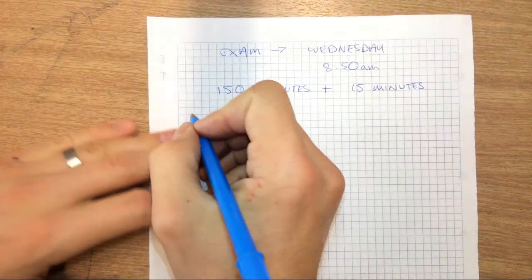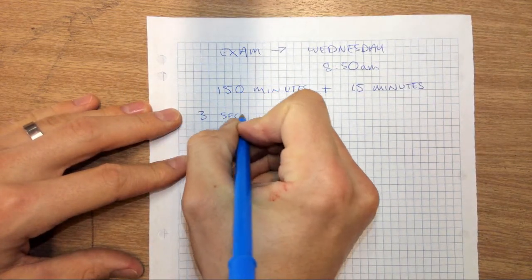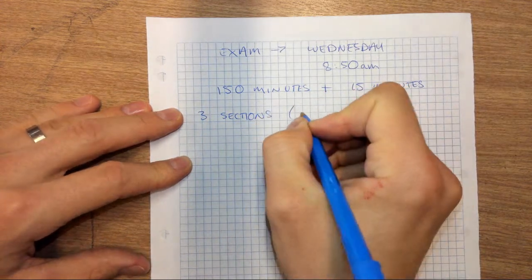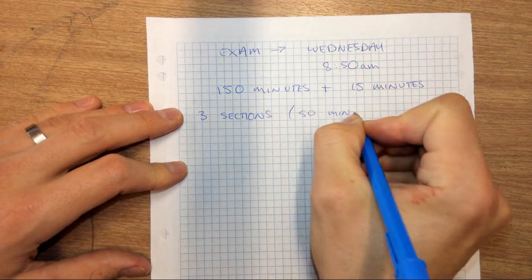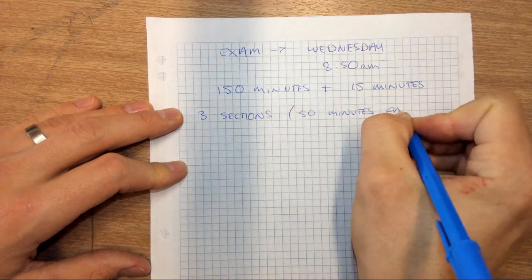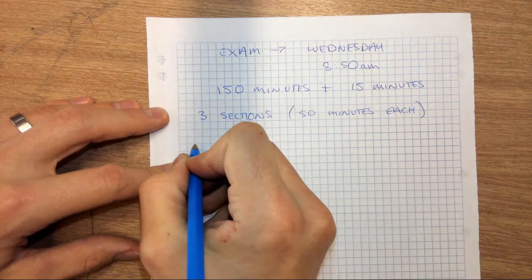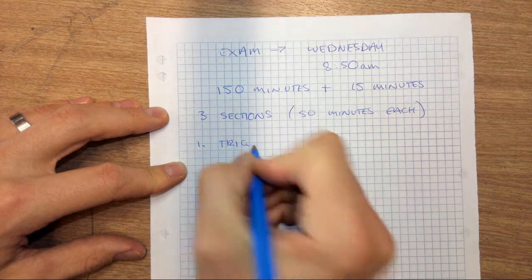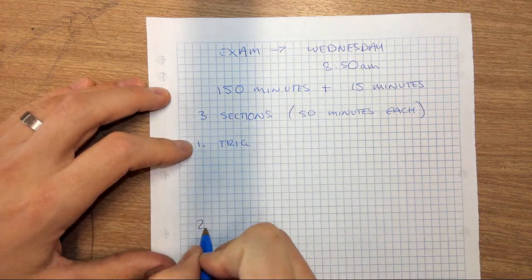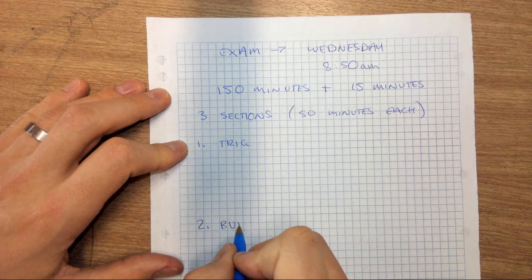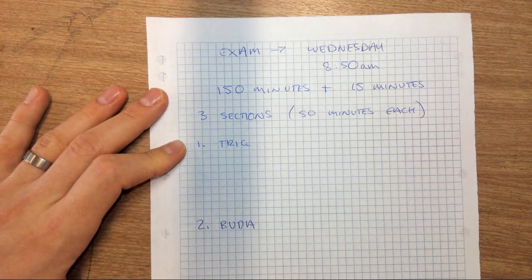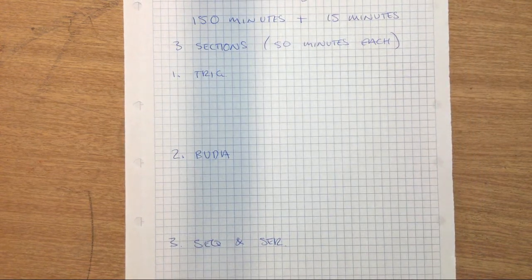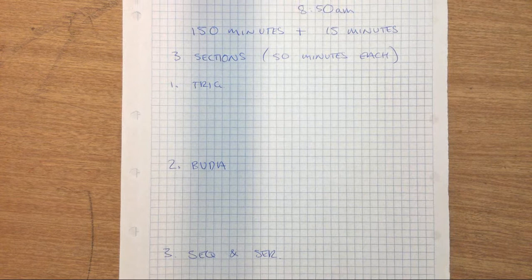So, what have you got? You've got 3 sections, and they should each take about 50 minutes. What have we got? Number 1, trig. Number 2, bivariate data. Number 3, sequences and series. Now, to be honest, sequences and series is probably the one I'm least looking for in some